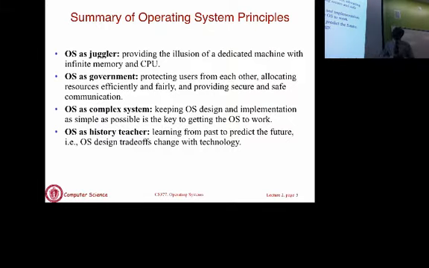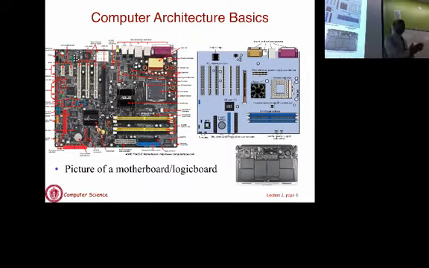So this is again a summary of what we talked about last time. The OS is a resource coordinator on your machine. It allows multiple applications access to the underlying resources or hardware. We talked about the OS as a complex software system and how OS design has as much to do with software engineering as it has to do with performance engineering and efficiency. And we talked about the history lesson last time and how operating systems have evolved over the decades. So with that, let me start with this refresher I've been mentioning.